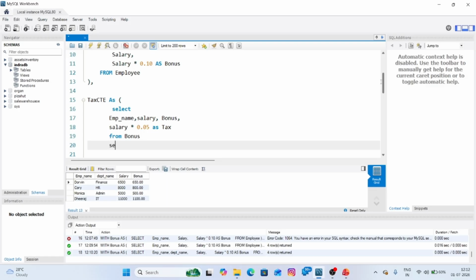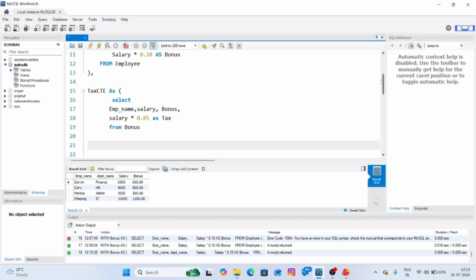So how do we do that? Select, let me switch a bit more. Here I'm missing a closing bracket.